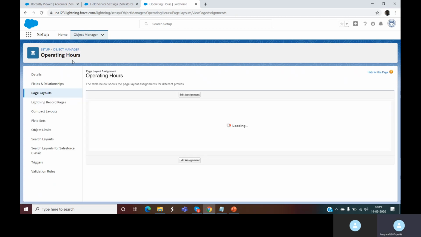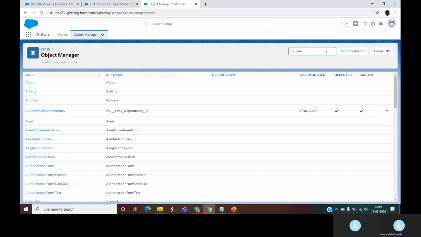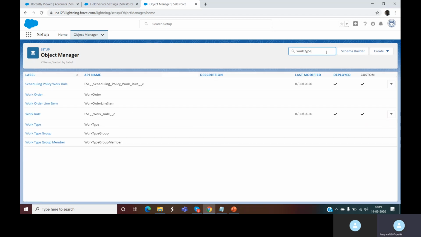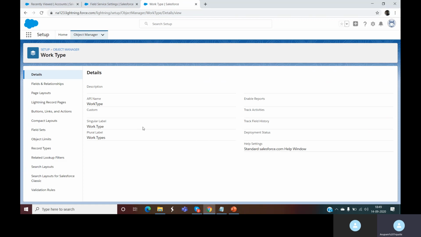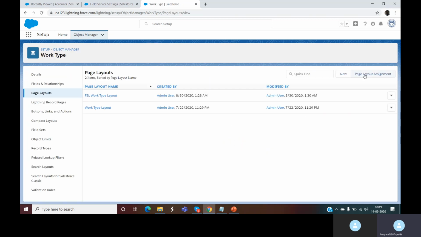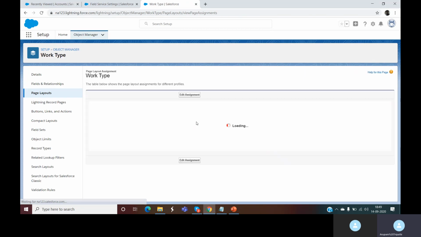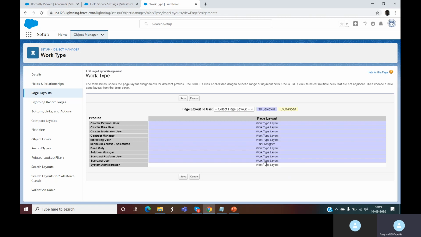We'll save it, and then we'll do it for work type. We'll talk about all these objects when we cover the next session, but this is the prerequisite that needs to be done before setting up the field service. So we are just doing it quickly, and then we'll jump into the real piece.